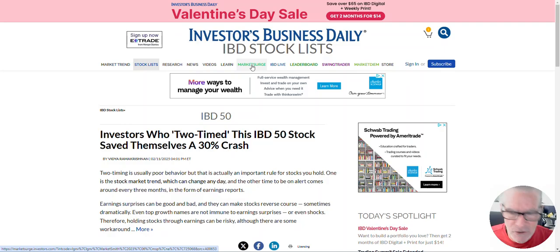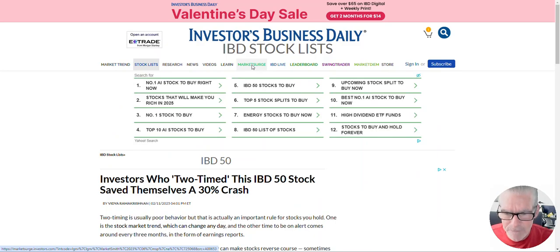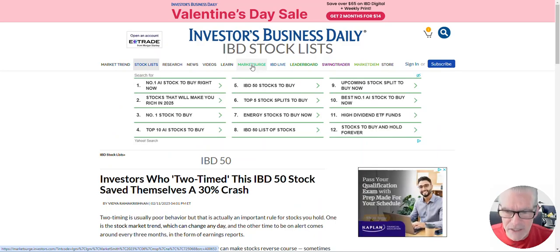metrics that measure growth, accelerating growth, margins, return on equity, sales, et cetera, in a proprietary fashion, and then they give you one big number, right? They call that the comp score. They give you one big number that incorporates all that stuff, fundamentals and technicals, and it's a very easy way